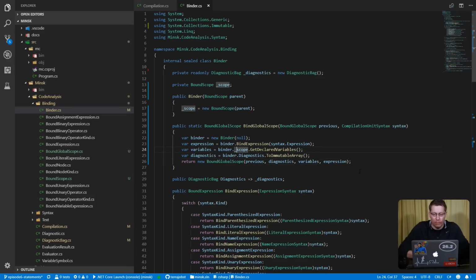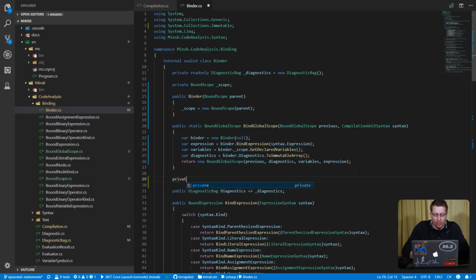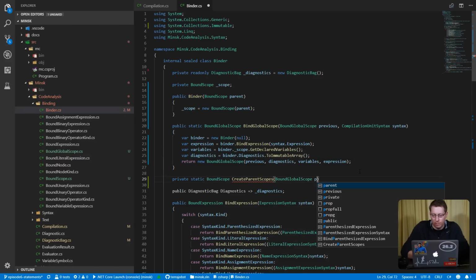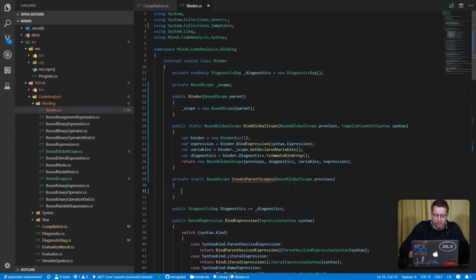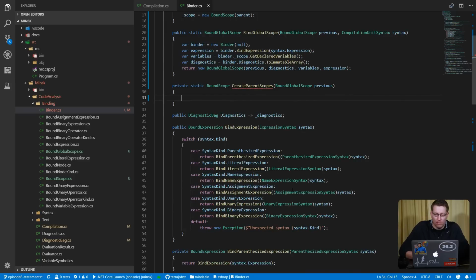So what does it mean now for our global scope here? So this one accepts a scope. So let's give it a scope. So let's have a private static bound scope, get parent, or I should say create parent scopes. And we take in a bound global scope previous. So